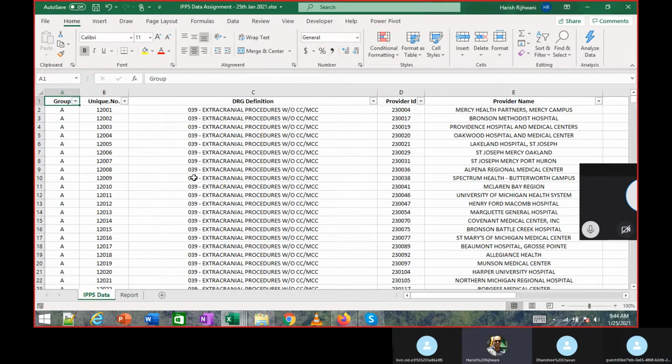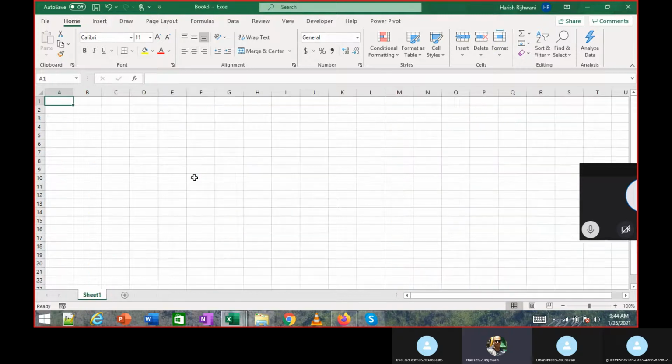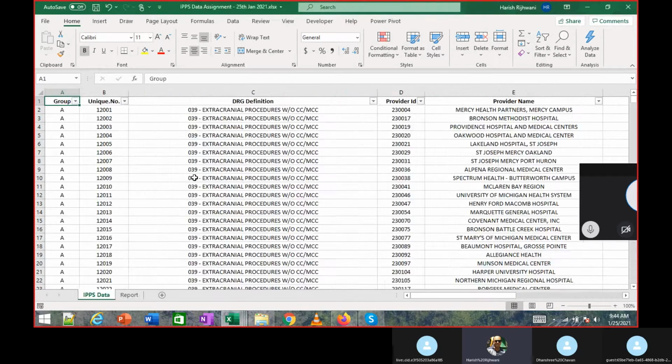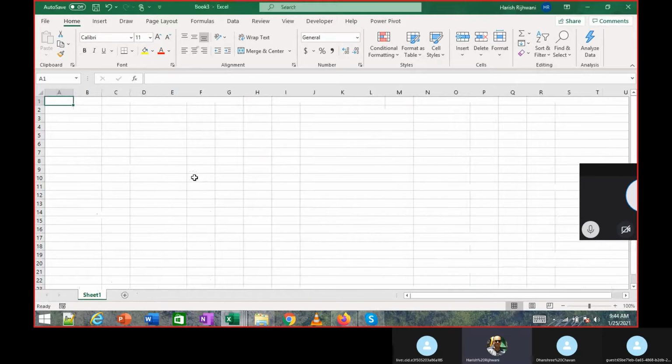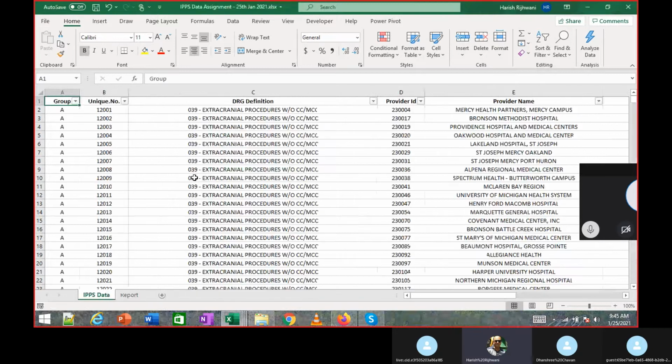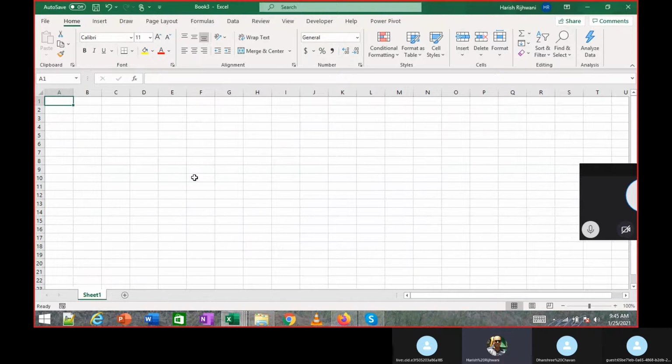All right. Now open another workbook. Do Control N and a new workbook will open. If I want to navigate between two workbooks, I have to use Control and Tab. It navigates between the two workbooks. Control Shift Tab should work too. No, Control Shift Tab is not working.